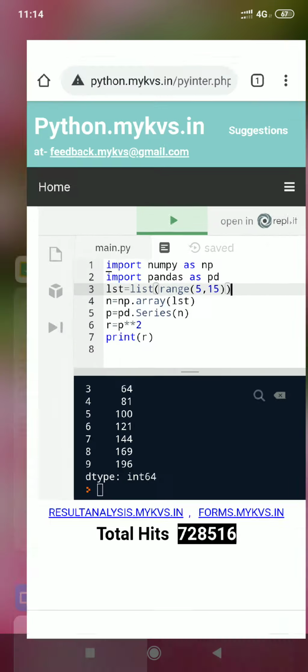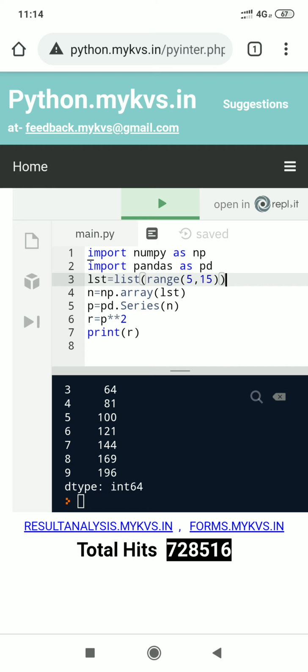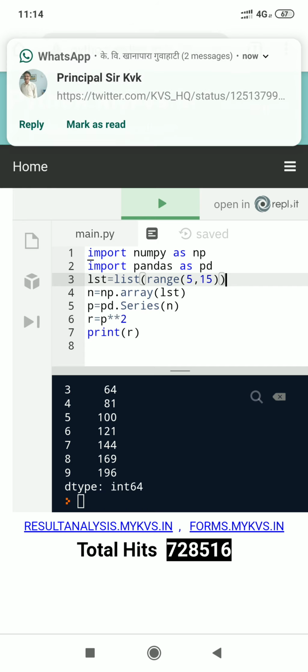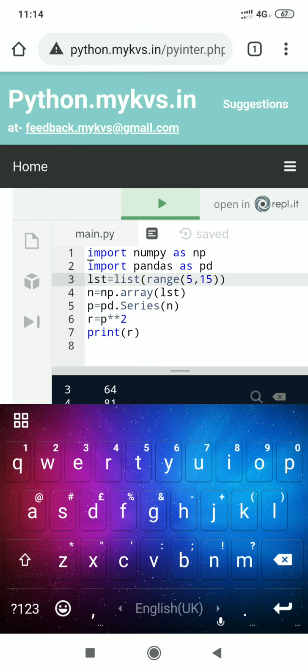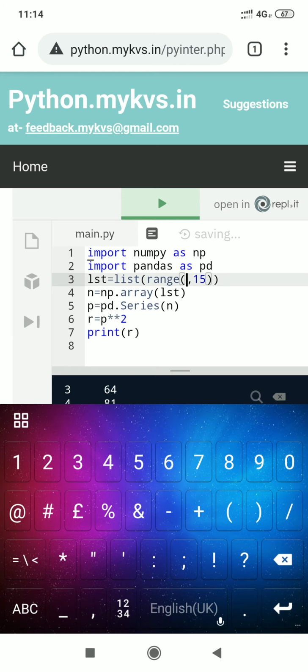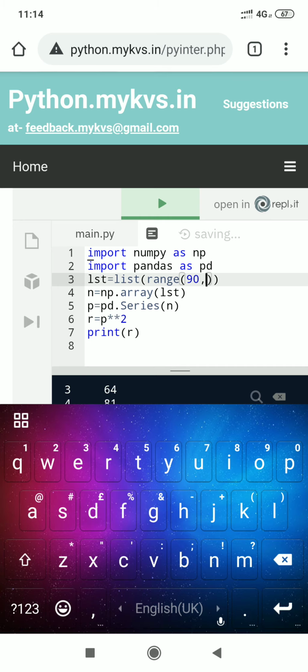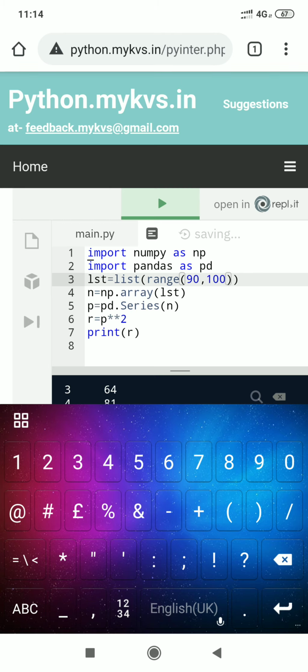We make some changes in this program. 100 to 90 means 90, 100. Okay.